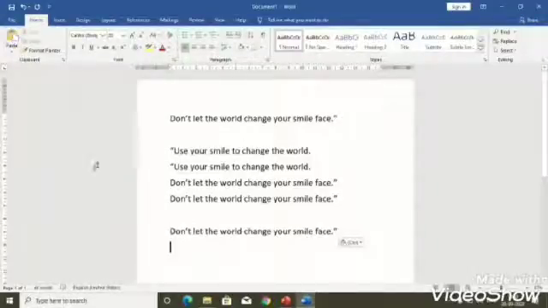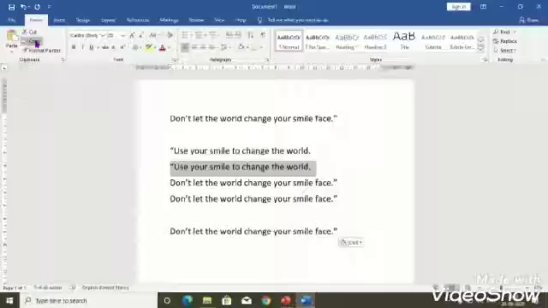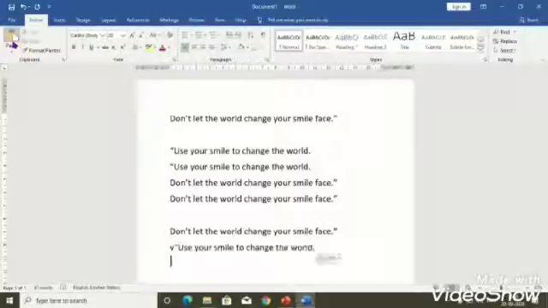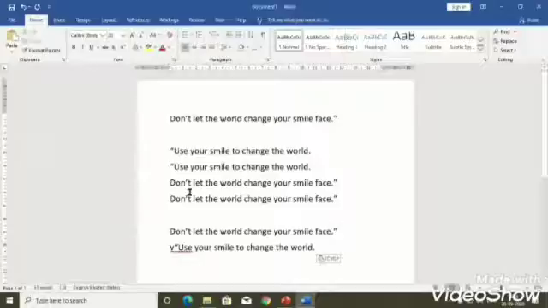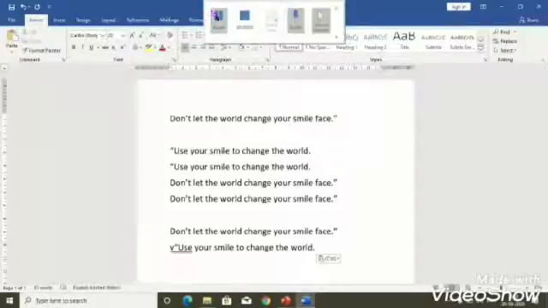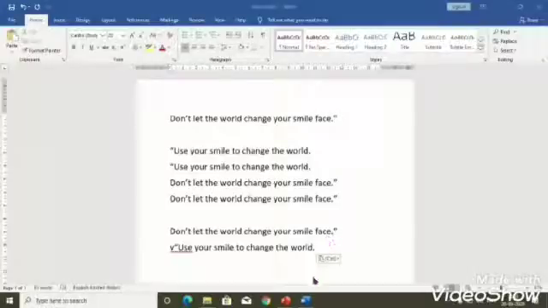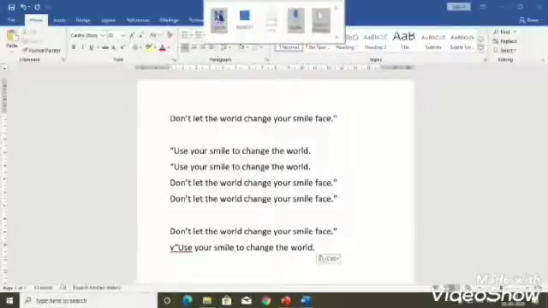Now we can also copy it by choosing the copy option from the clipboard and then press enter and press the paste option. So thus we can do copy and cut paste in Word 2016.